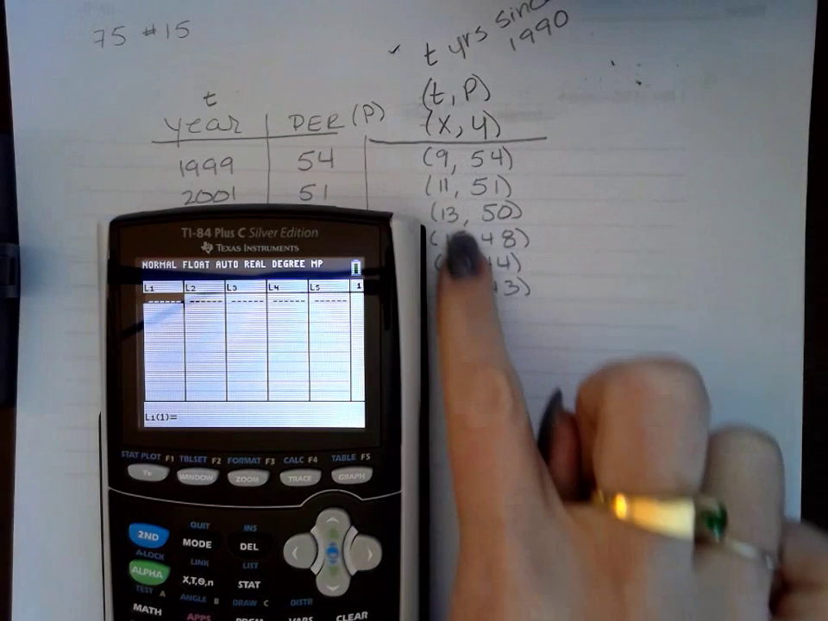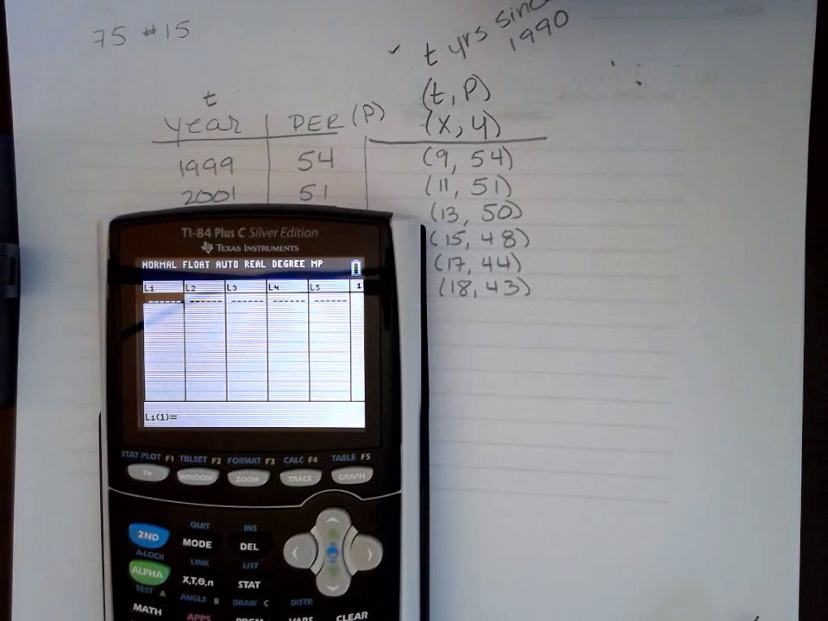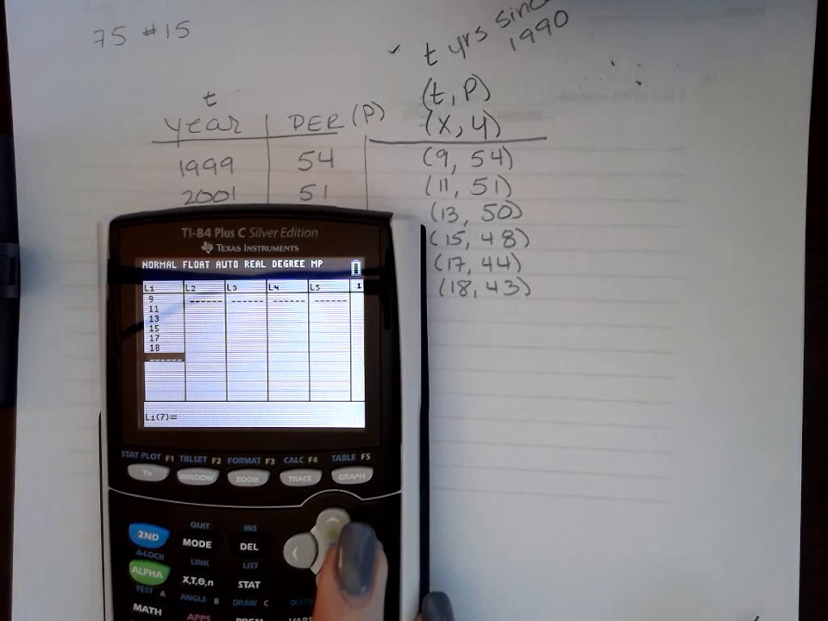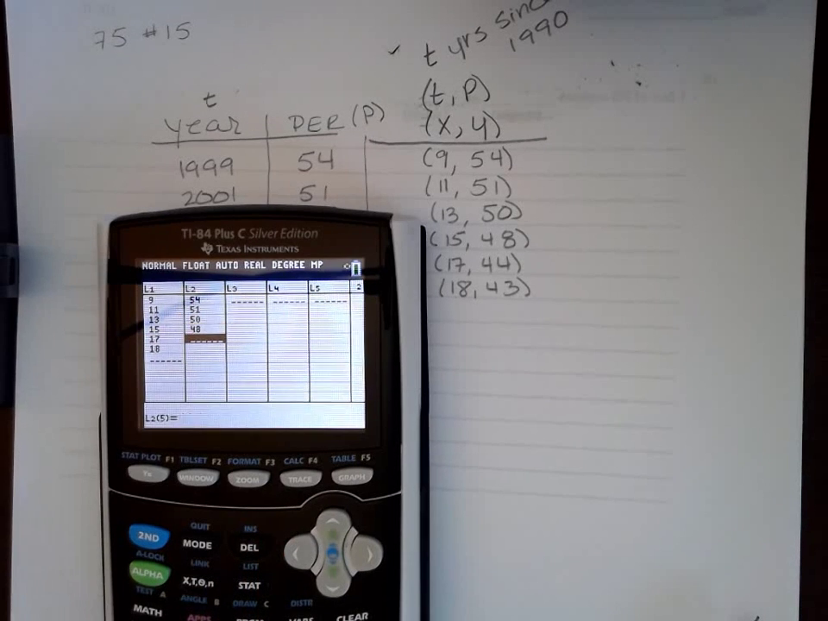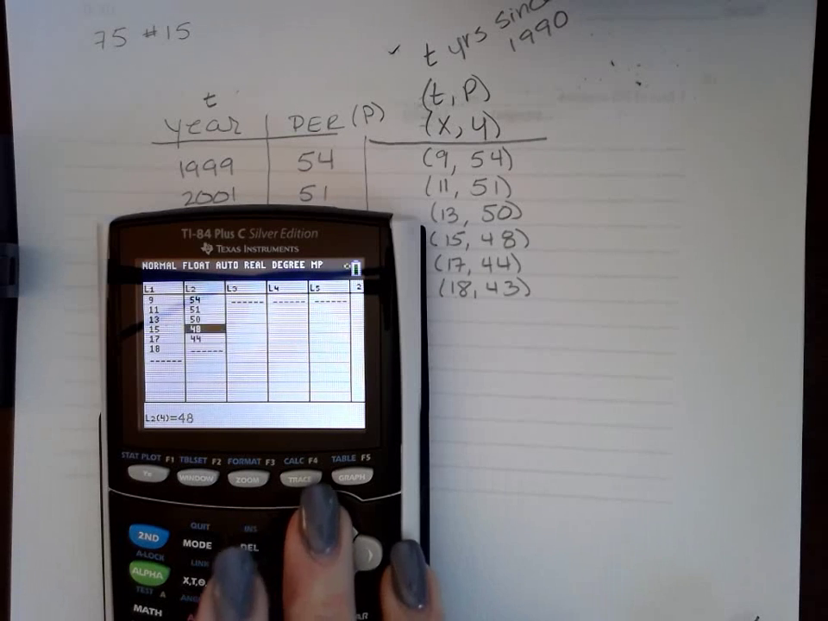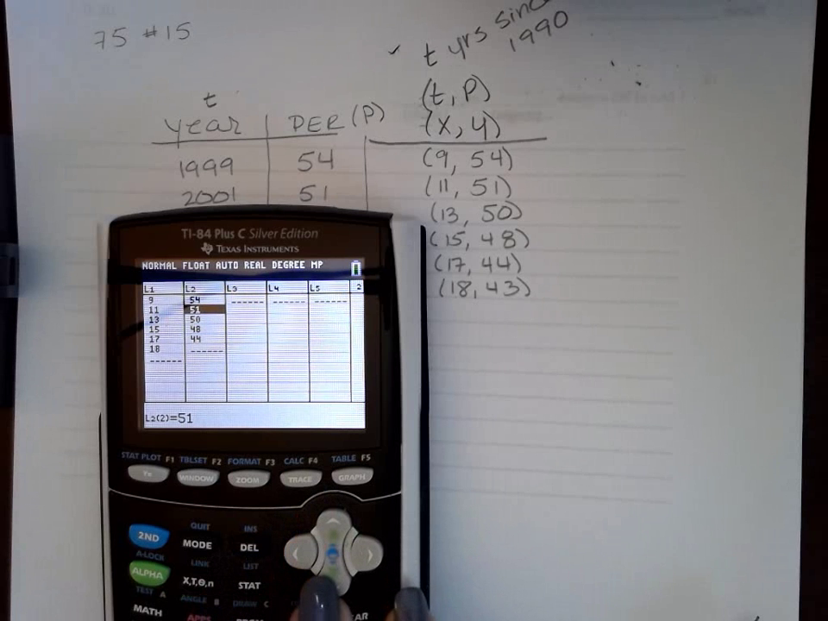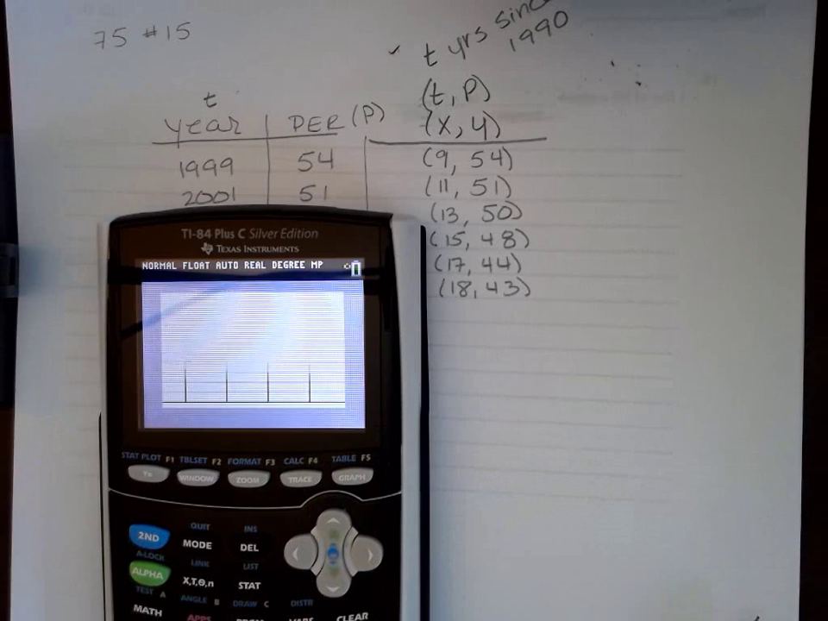Now I'm just going to go down my table of values and enter the information. So I do all my X's and then my Y's just so I don't have to go back and forth. So I just enter all of my X's, use the arrow to get over to L2, and I'll enter all of the Y's. I missed one. 54, 51, 50, 48, 44. Nope, I was good. Great. So now if I hit graph,